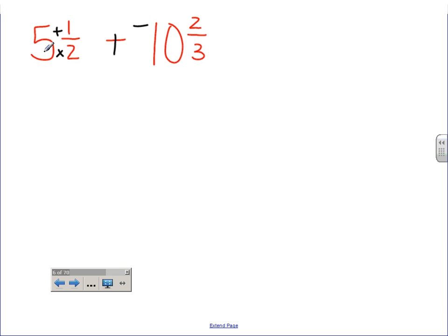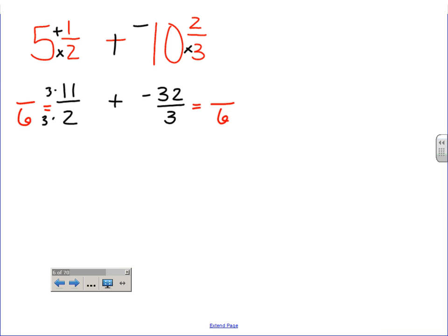I'm going to do 2 times 5, 10, plus 1 is 11/2, plus 3 times 10 is 30, plus 2 is 32/3, and it's negative. All right, now I need to get a common denominator, so I'm going to change these both to 6. To get from 2 to 6, I'm going to do times 3,